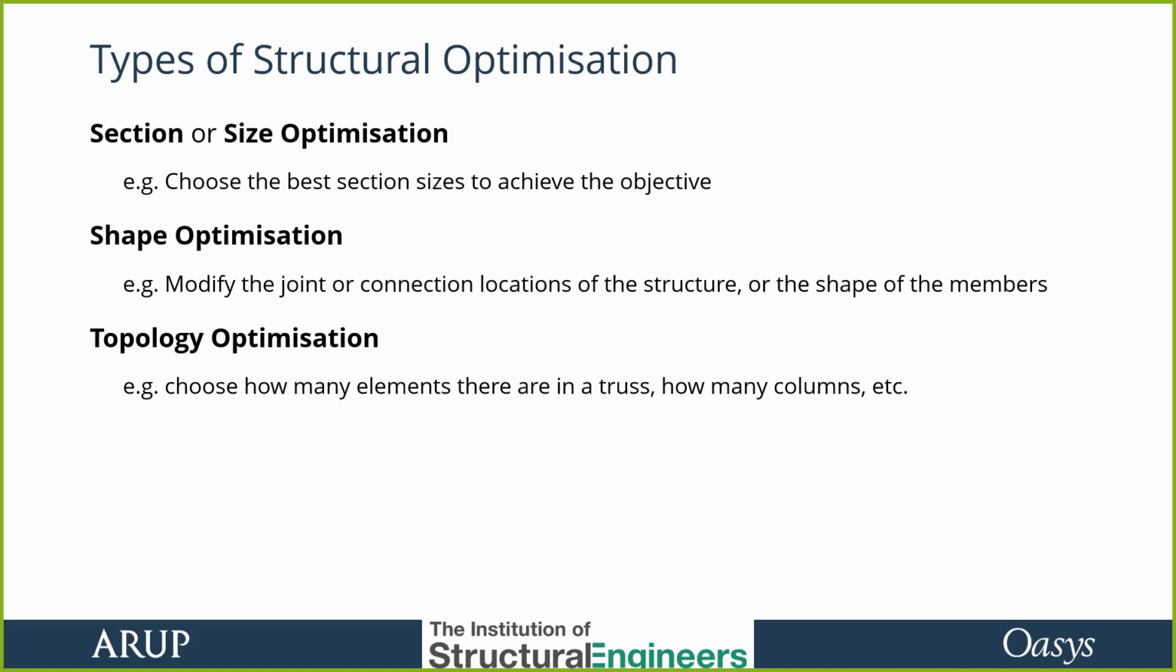And then there's topology optimization, which is throwing everything out there. If we're doing a truss, how many elements are there in the truss? In the building, how many columns? Which way are we spanning? It's possibly the hardest optimization, but the topology optimization is the optimization which will have the biggest end effect on